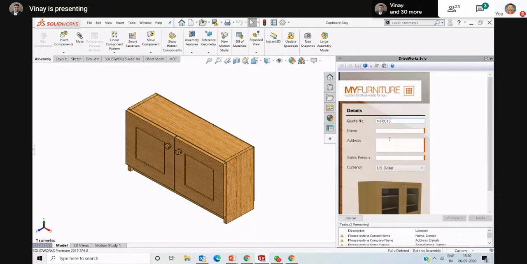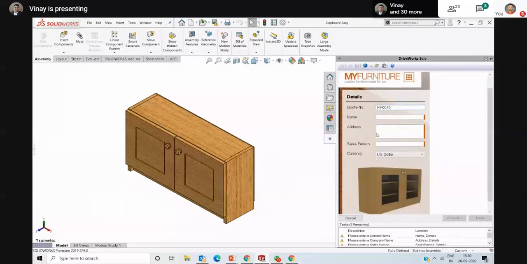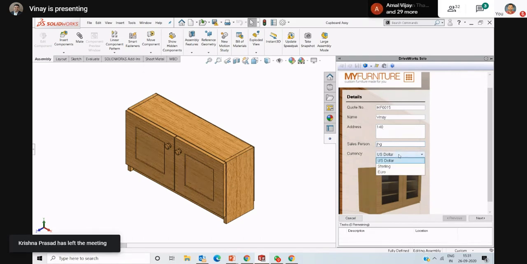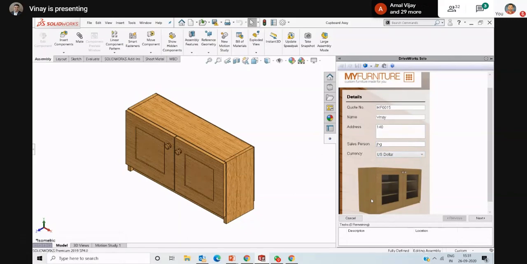The customer's window, the HTML file, will look like this. First he will mention the customer name, address, and who is the salesperson. If he was contacted, he will give the salesperson's name, and the currency in which to calculate the shoe rack cost. These will be the commercial details.